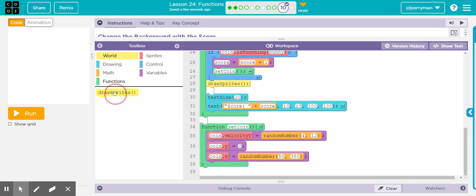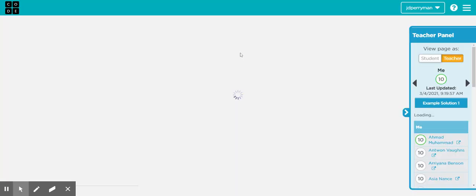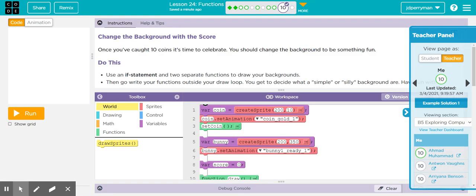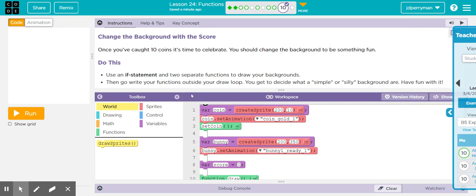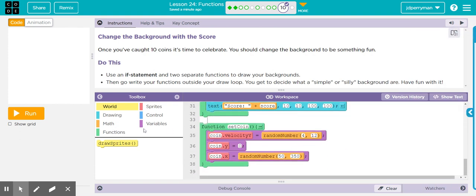All right, so why isn't this working? Uh-oh, something's happened. All right, let's try this again. So did I drag down there? So I need to grab